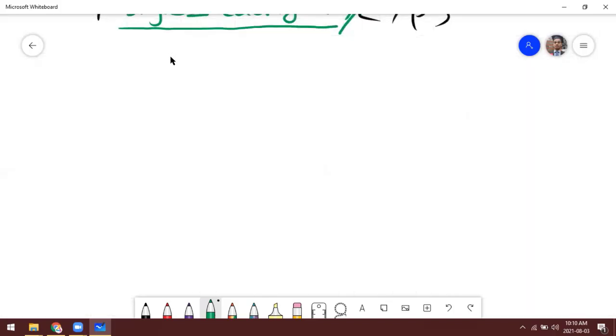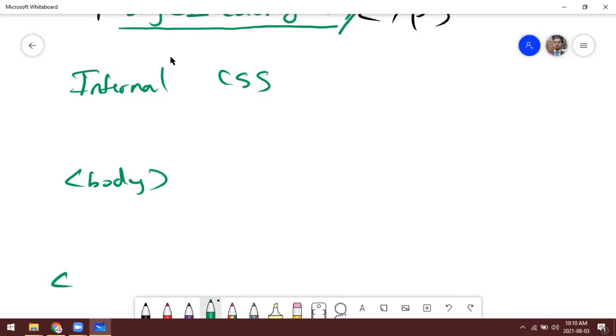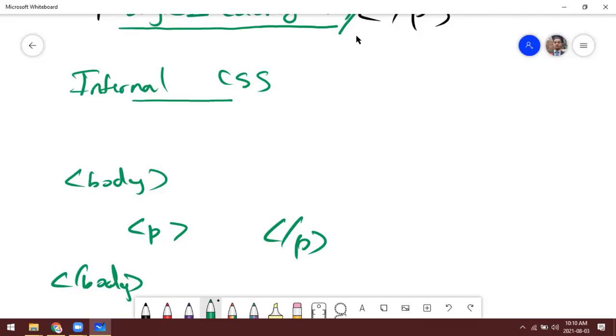Then the second method is internal CSS. So for example, here is our HTML body part. We discussed this in detail in the last class, so I'm just revising it so that we can continue today. This is a paragraph tag, right? So in internal CSS, how do we use it?